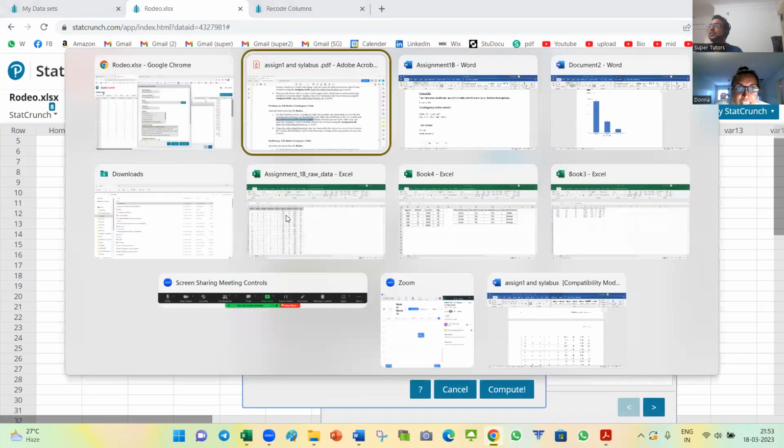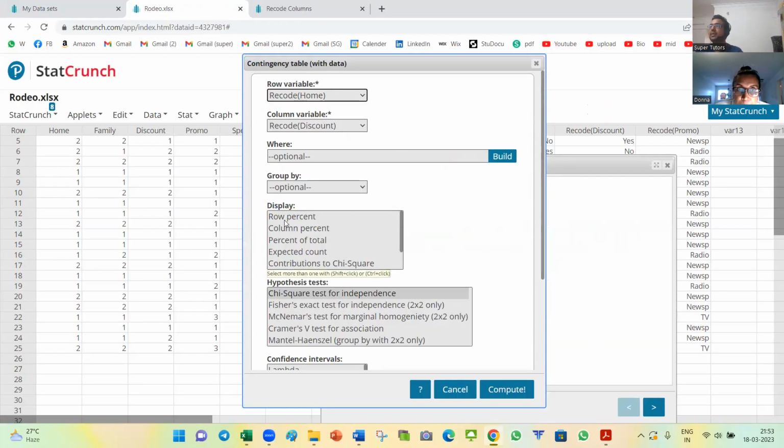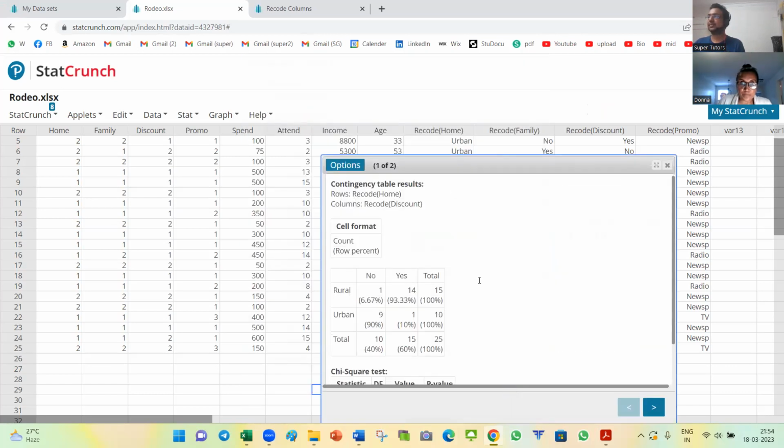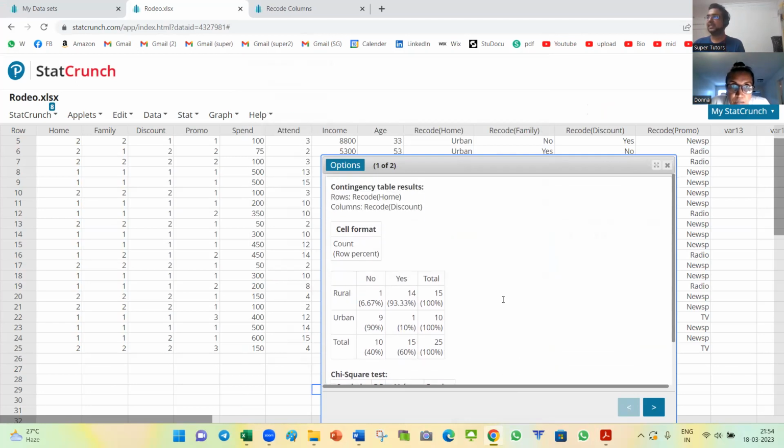There's one small thing that needs to be done. Display the row percents in the table. So display row percent. If you see, your question gives you the options that you need to select on StatCrunch directly, which makes life simple for you, at least in this aspect. So display row percent, and then you say compute. And that is what you get. So we will need to